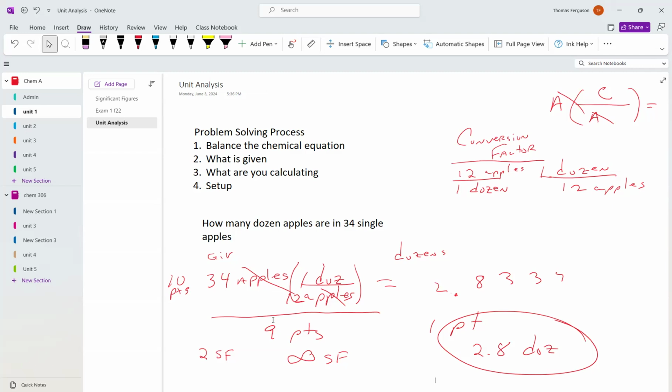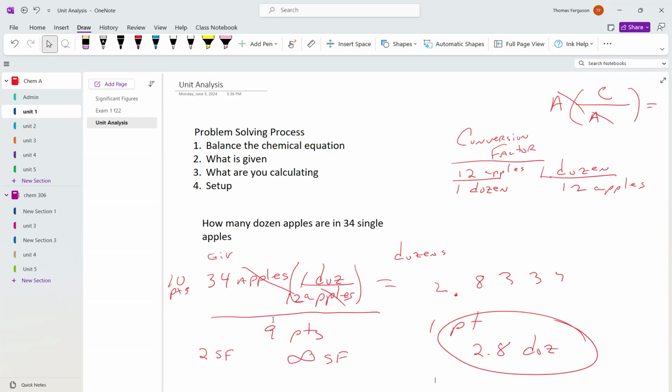Yeah, usually the given is not infinite. I understand your point because it's not 34.1, is it? Exactly 34. They always make you do sig figs for the given. That's a really good question, though. His question was, well, why can't the given be infinite? Because it's exactly 34. It's not 35, it's not 33. It's not 33.999. It's exactly. So anyway, do your sig figs for your given